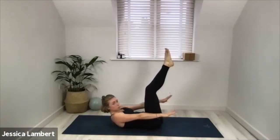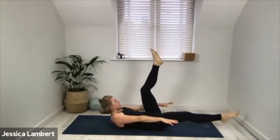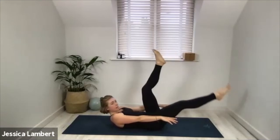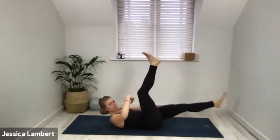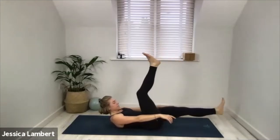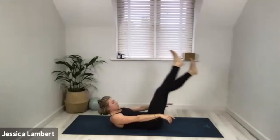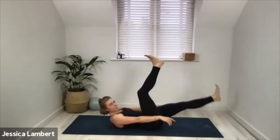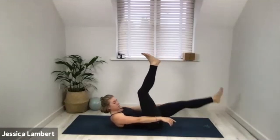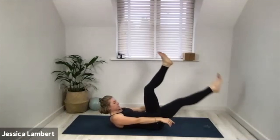So pull the head, neck, shoulders off the floor, reach your fingers long, take the right leg out. But we're switching with a little bit more speed than normal. So we go 20, 19, 18, lower back pushes down into the floor, 17, 16, 15, 14, 13, breathe, 12, 11, 10, abdominals pull in, chest lifts, 9, 8, 7,